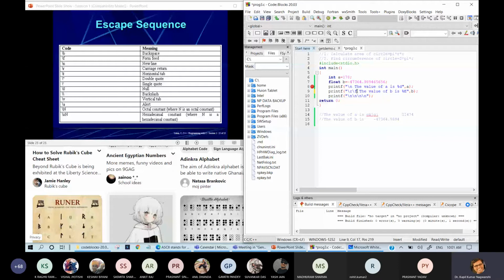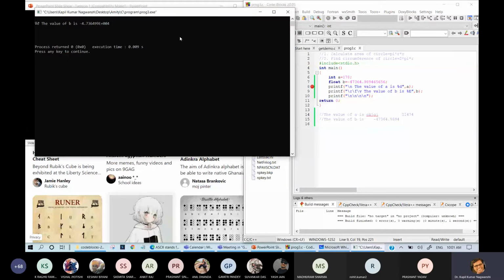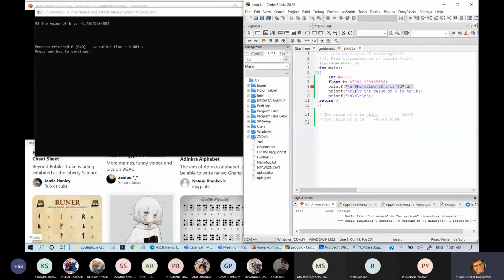And these are special characters. I had written 3 escape sequences. Okay, you can see the value of all these. The first one is R, so it will delete the entire first line. Okay, due to this R symbol, it will delete this line. Due to this F, I had already shown you that form feed will give you the female symbol and slash V will give you the male symbol. Okay, so this is the female symbol, this is the male symbol. So this is the way you can use escape sequences.